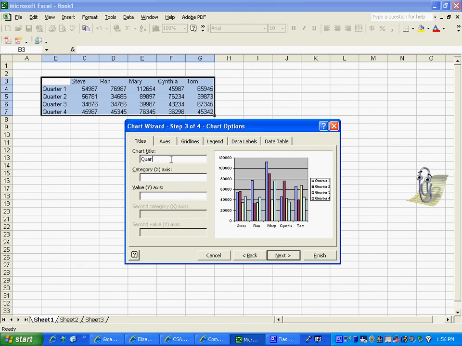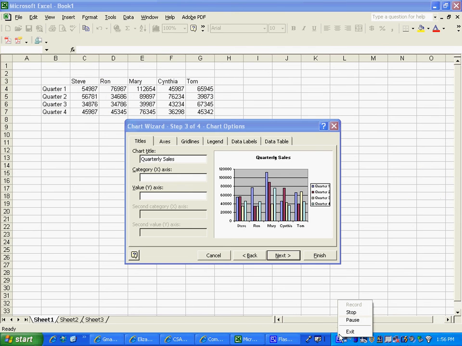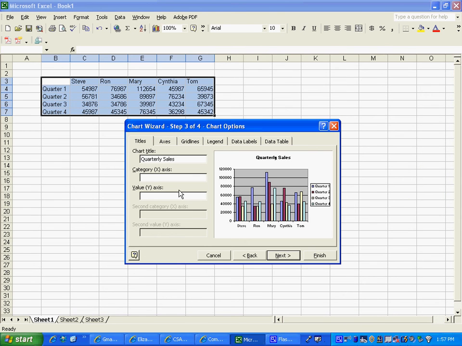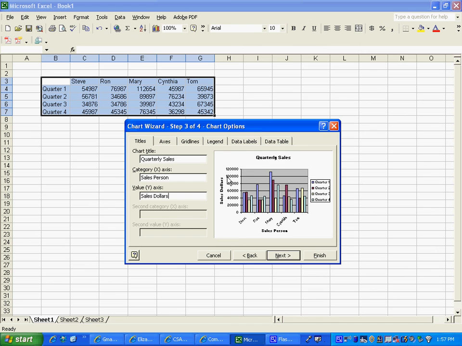And we can give it an x-axis of sales person, and then we'll give the y value, we'll give it in sales dollars. Now I forgot to format my cells as dollars, and that would actually change this, but we're going to go ahead and say finish. And you'll see after we finish, we get this nice little chart,